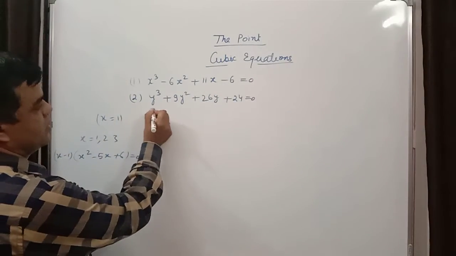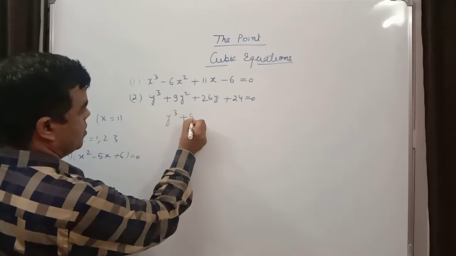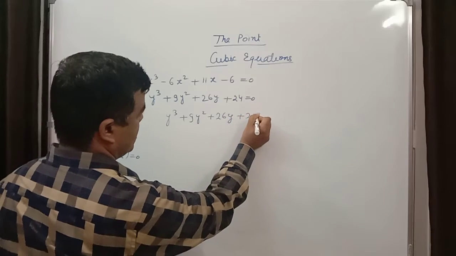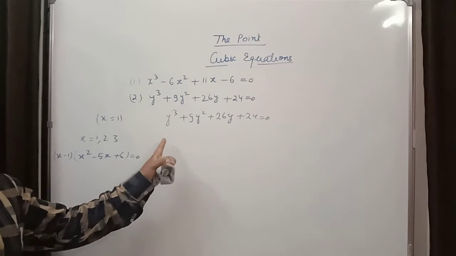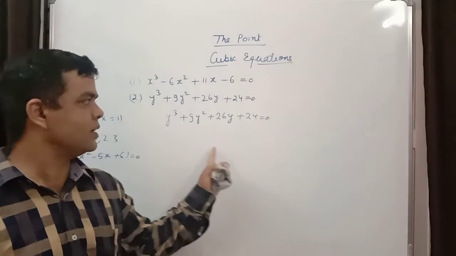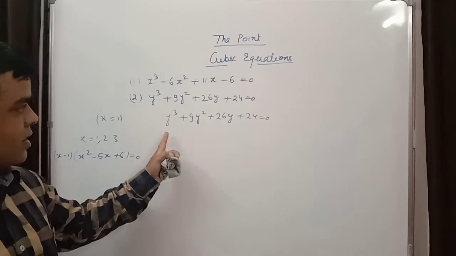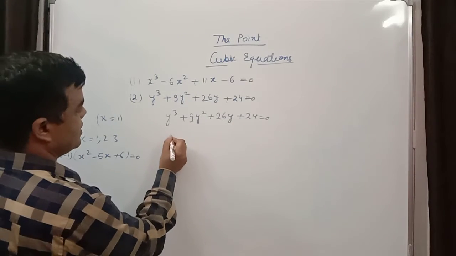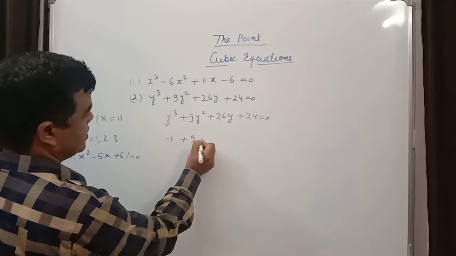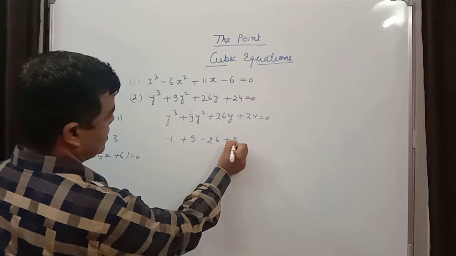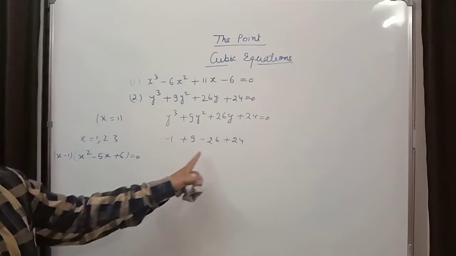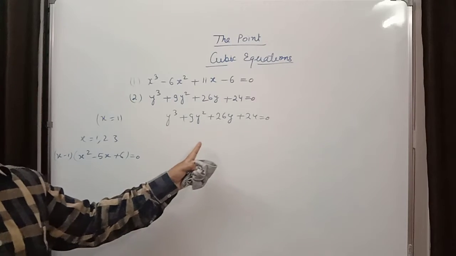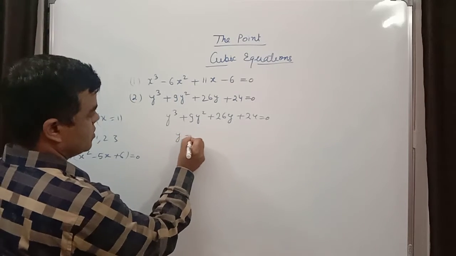Now take this equation. y cube plus 9y square plus 26y plus 24 is equal to 0. See, you can easily find out. If I put here y is equal to 1, then all plus, it will not come. Now I am going to put y is equal to minus 1. So if I put y is equal to minus 1, then here minus, here plus, here minus 26, here 24. It will come 24, it will not come. So plus 1, minus 1 will not help me. So I will put y is equal to minus 2.